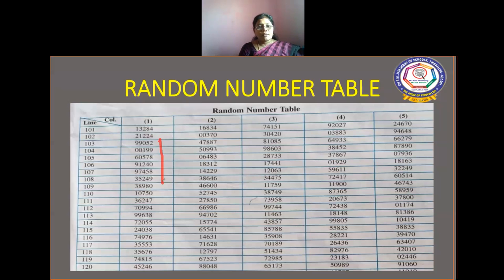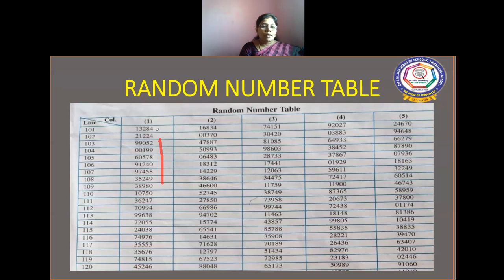So in this random number table, we can start from any column. It is in the hands of the investigator. So he may select second column or third column or fourth column, wherever he wants to start, he can start. It is not compulsory to start from the first column. So we can start from anywhere in the table, horizontally or vertically. But we have decided to start at the top of column 1 and proceed vertically.